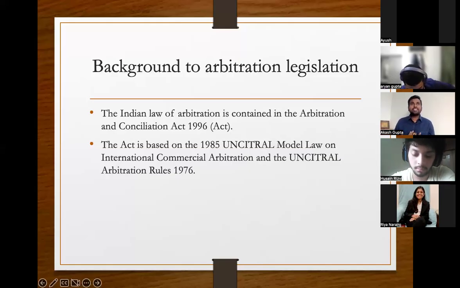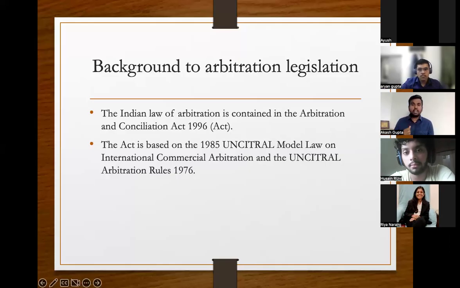When we say that seat is Singapore versus seat is New Delhi, what's the difference? I'll give you an example. When you say seat is New Delhi, it means that if there is any supervisory role which has to be performed for the arbitration, it will be only the Delhi courts. For example, appointment of an arbitrator.